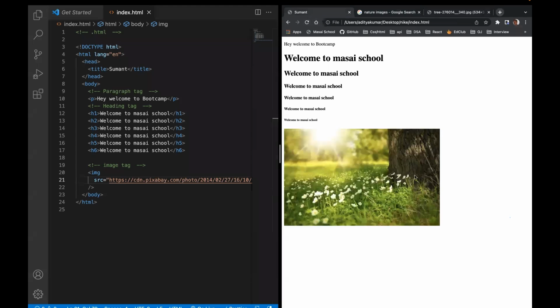Yes. So basically, what is the source? Source means the address to that image. I have put an address from the internet, something that is available on the internet. You can also provide an address from your local computer as well. Okay, so this image tag, everyone got it? Now, if I tell you to put an image on your website, you will be able to do it, right? Now, our next tag will be